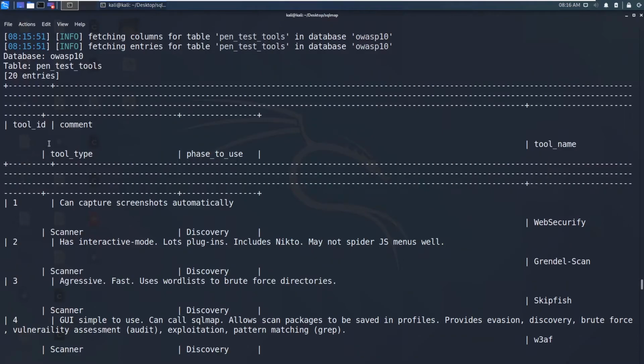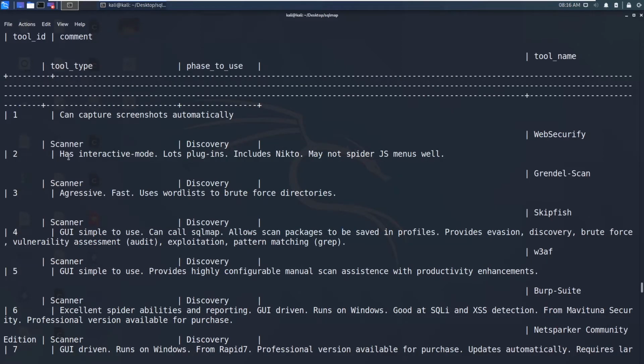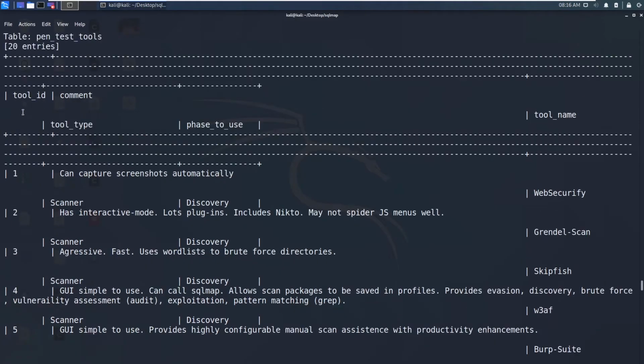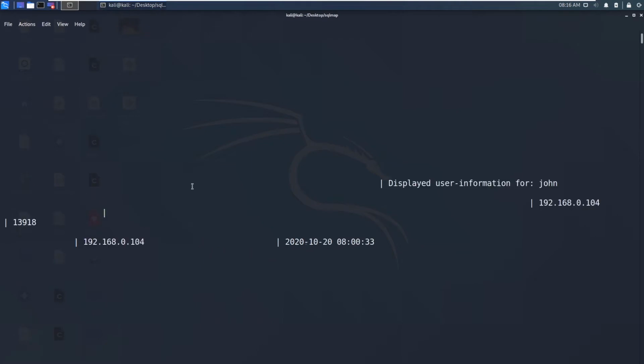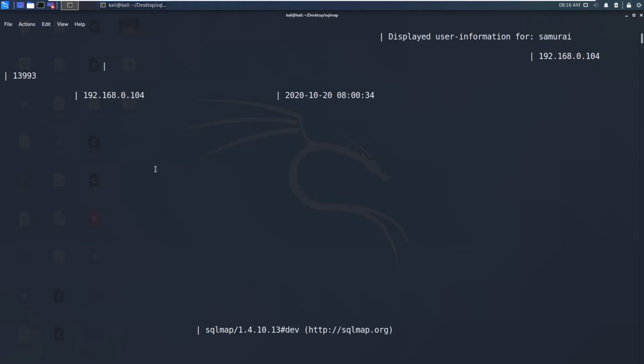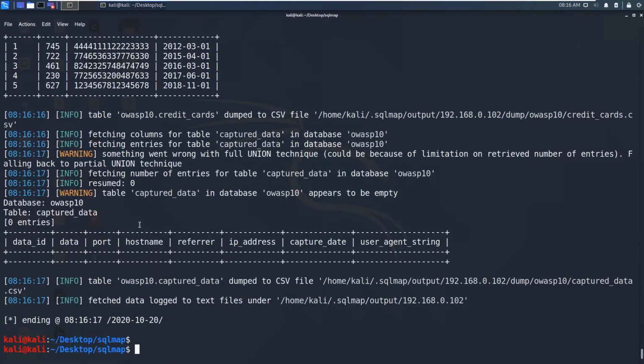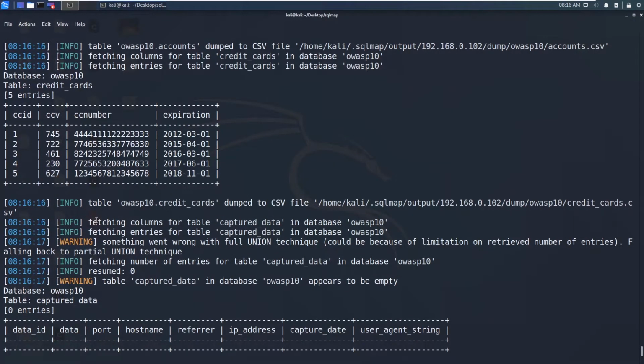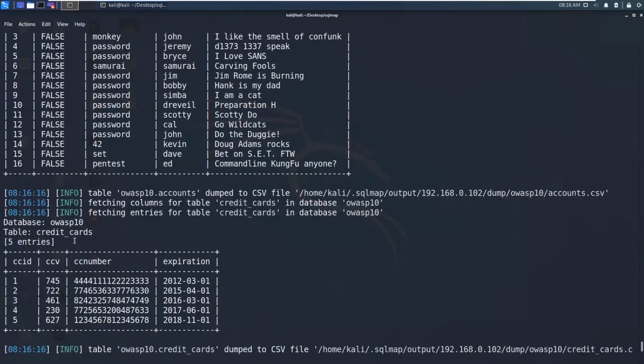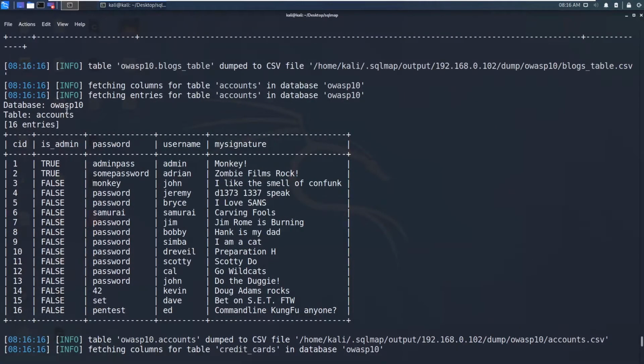You can see a tool ID, comment type are the column names, and you can see one is the tool ID. Okay, there is a lot of information going on.